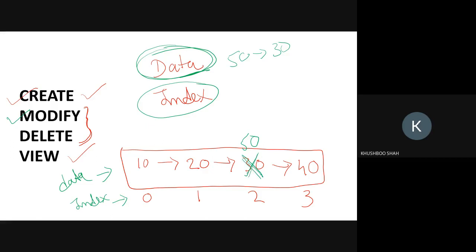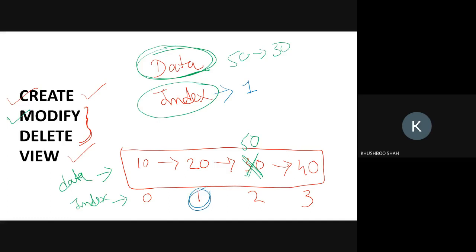The second is through the index. Now you can ask the user at which index, location, or position, any word you can use. The user is saying that I want to update or modify the content at index 1. Okay, fine. So in that case, we are talking about this location.